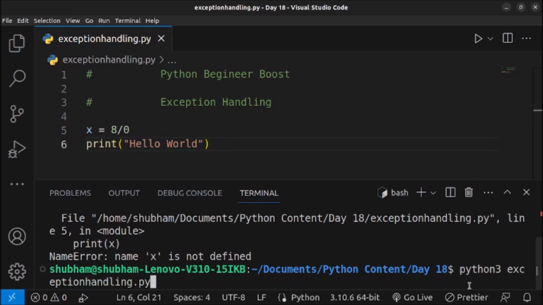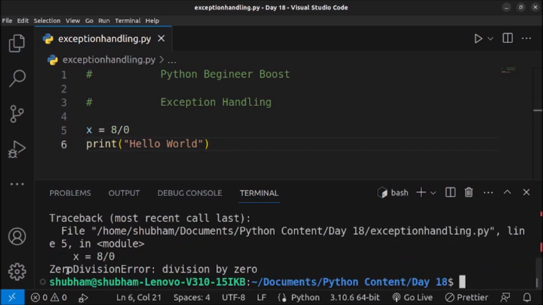So when I execute the code, you will see an exception, ZeroDivisionError: division by zero. So it is saying that we are trying to divide a number by 0, which is not possible in any programming language or in mathematics. So in Python, whenever an error occurs or we get an exception, it will stop execution and show an error message. So exceptions can be defined as an event that occurs during the execution of a program that disrupts the